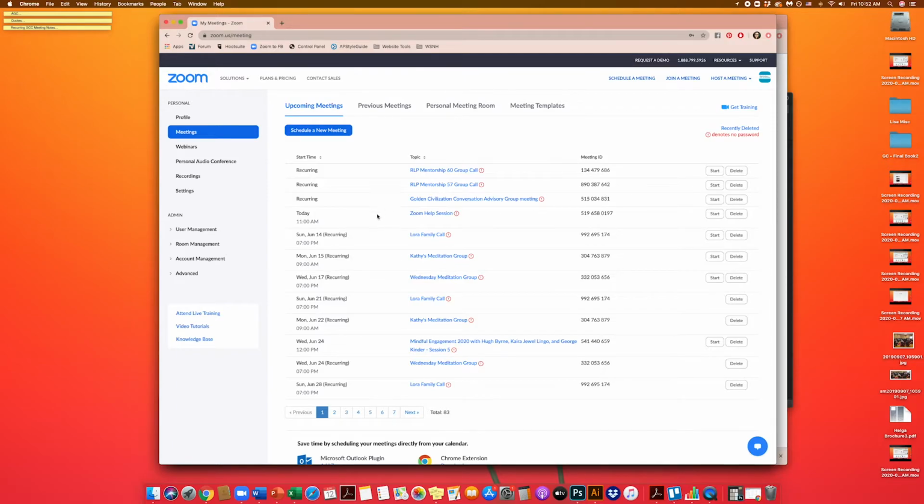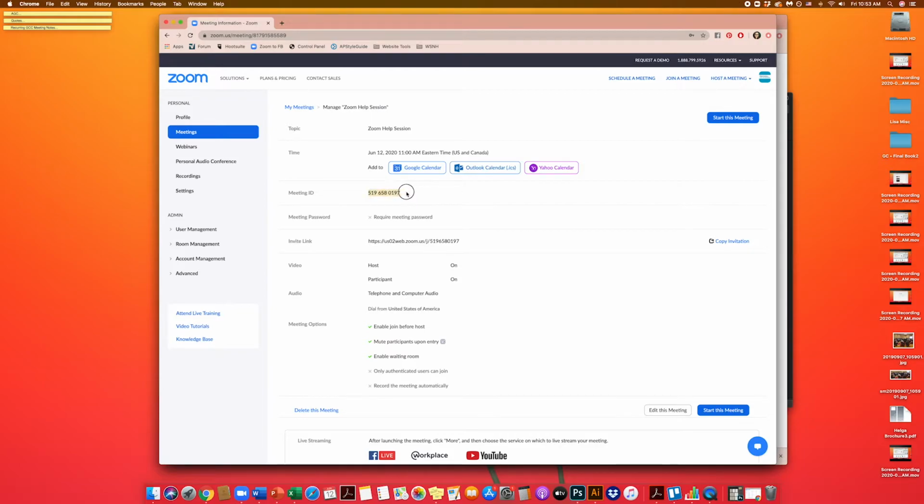attend. So basically, if you remember, we had sent out both a meeting ID and an invite link that is a URL that the person could enter through. So there are two ways that a participant can enter a meeting. The first is by literally just copying this email that was sent to them and clicking the link or putting